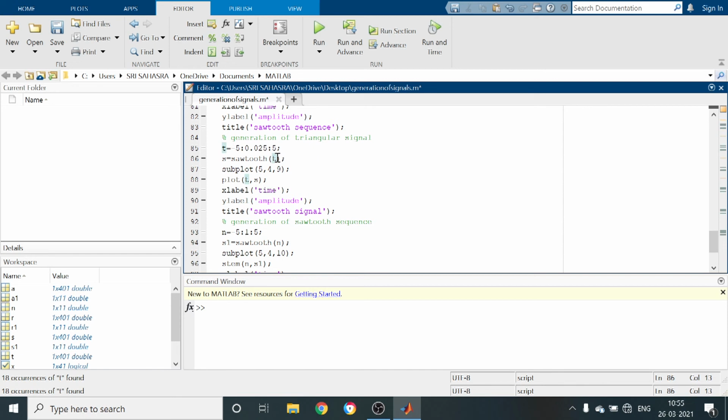In order to generate the triangular signal, we have to use the sawtooth command only. Sawtooth t comma 0.5.